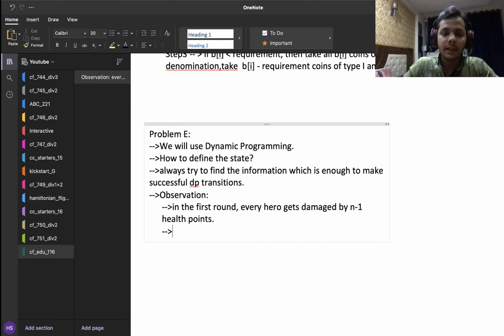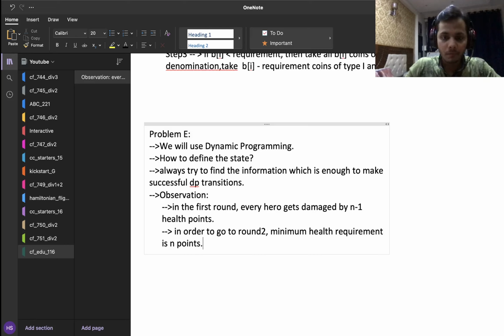So that means that in order to go to round 2, the minimum health requirement is n points, right? That seems relevant. The minimum requirement somehow seems relevant to me.